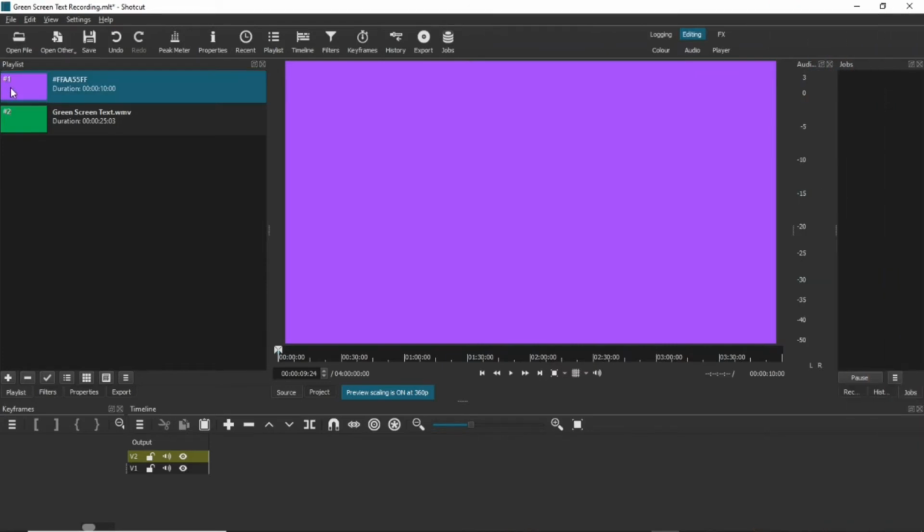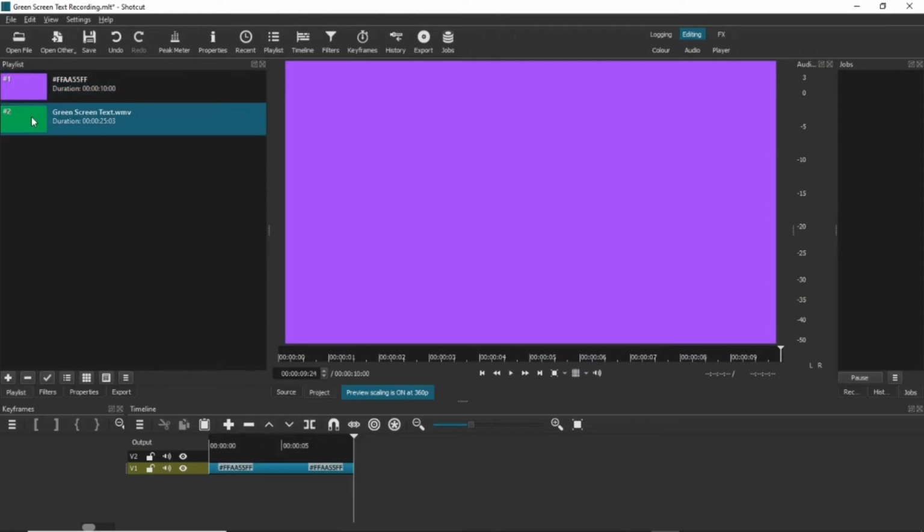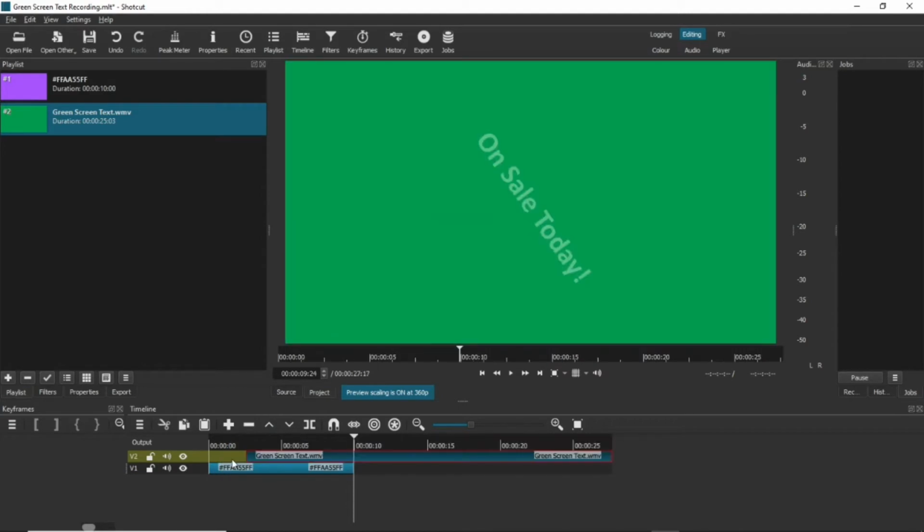In previous videos I've shown you some ways to manipulate text within Shotcut. But what if there's another app that creates exactly what you want in seconds and you don't know how, or don't have the time to fiddle around with keyframes in Shotcut? You can import it, but the trouble with this is that the text is usually generated with a background that you don't want in your video.